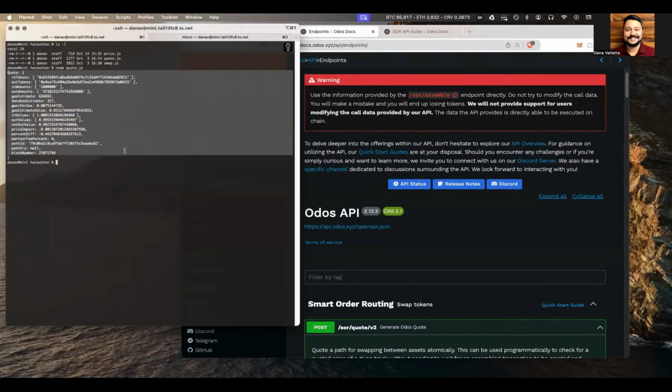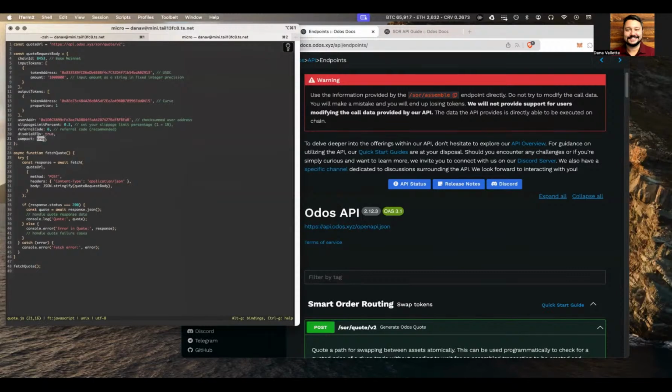So I know we have some users that want to have checks in place before a transaction is committed. This is a way that you can do it. You set compact to false, and you use the native contract ABI that's available on Etherscan or whatever have you to decode it, and you can do all that client side off chain.